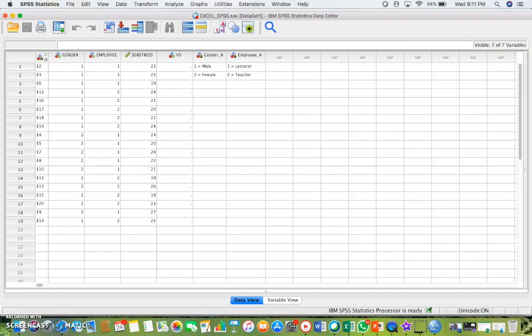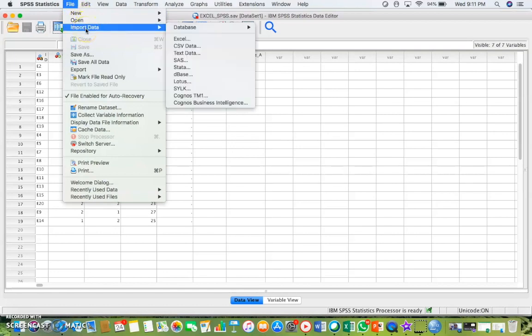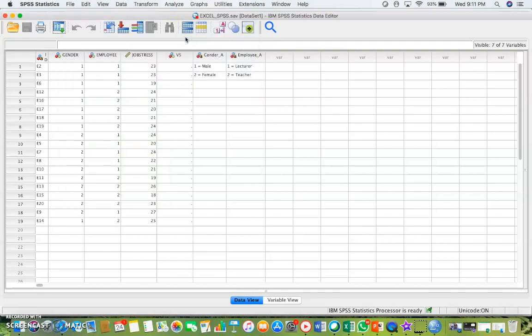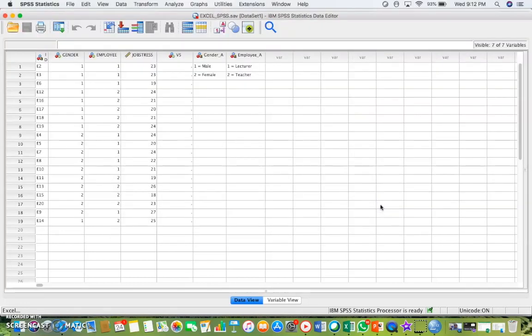Like I said, go to the menu bar of SPSS, click File, and you can see Import Data. Now you want to import data from Excel, so just click Excel and choose the Excel file from your computer, either from your documents or from your desktop. Let's say I have this one, Excel example data SPSS. I just choose that and then open.